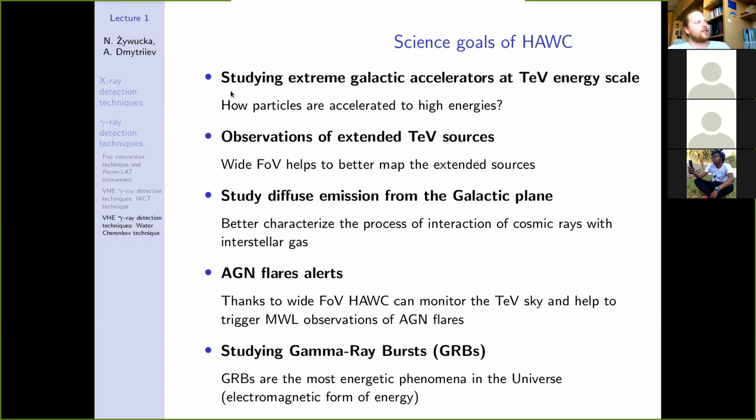So, of course, studying extreme acceleration at the TeV energy scale. So different sources in the galactic accelerators. So why galactic? Why can't we observe extragalactic sources? This is because HAWC is much more sensitive in the range from 10 TeV to 100 TeV gamma